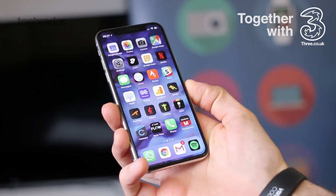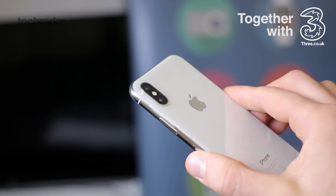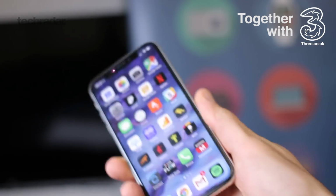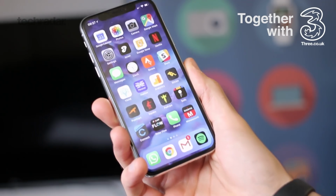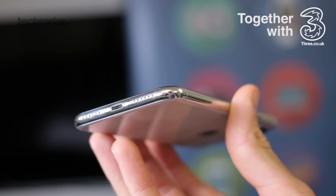Right, I'm going to kick off with design. Now, this phone is all about the screen. As you can see, it is mostly screen, but it's got more of a weighty feel to it. It's not the most heavy iPhone on the market, but it actually feels like it might be. It has that weighty premium design that you feel that if this is going to cost me £1,000, that's how